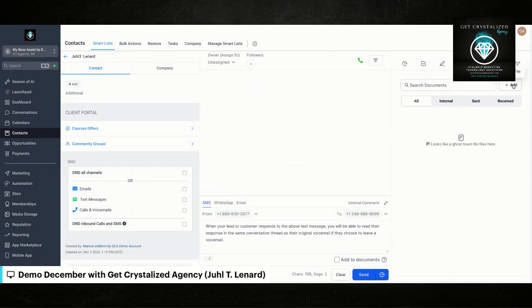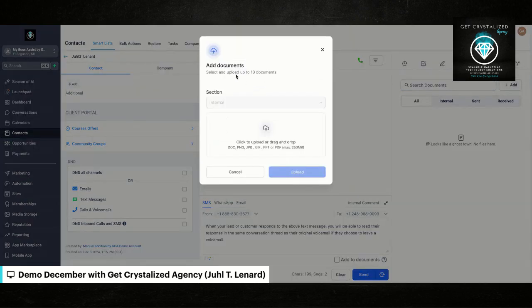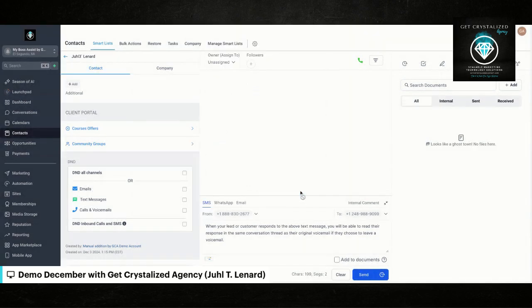So you can add information here. You can add a file. Let's see, what do I have here that I can add? Okay, so I don't have any documents I want to add here. I guess I could upload something, anything. Here you go. All right, so you can upload that file. And I had trouble with this yesterday. I don't know what I'm doing here, but that's happening. Let's see, search. There we go. Okay. So you can see now